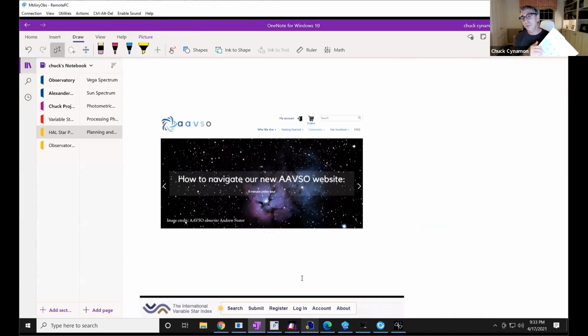I was trying to make sure that my processes and techniques are sufficiently accurate before I launch out trying to do stars that have never been observed before and trying to do real science on my own. So I decided I'd pick one out of here, and that's how I picked this star, TY UMa, again a contact binary.